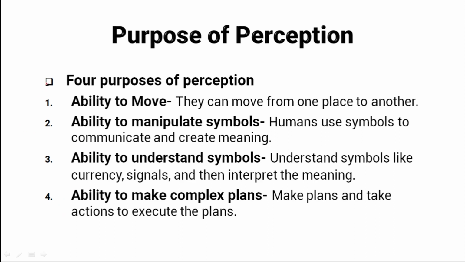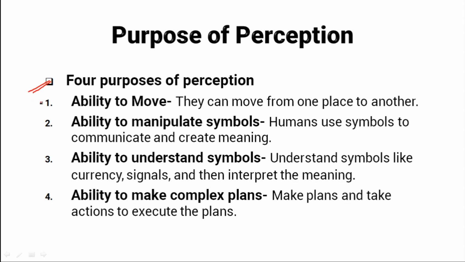However, humans are more complex in nature and have more needs. We can identify at least 4 purposes that are different from simple organisms. These purposes are related to perception, which is our ability to make sense of the world around us. Now, perceiving the world involves gathering information through our senses, then processing it in our brain and interpreting it to make meaning. These functions include sensing, selecting, interpreting, and organizing information. So what are these 4 purposes?